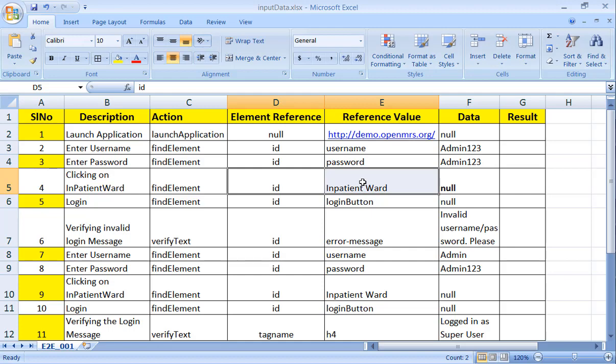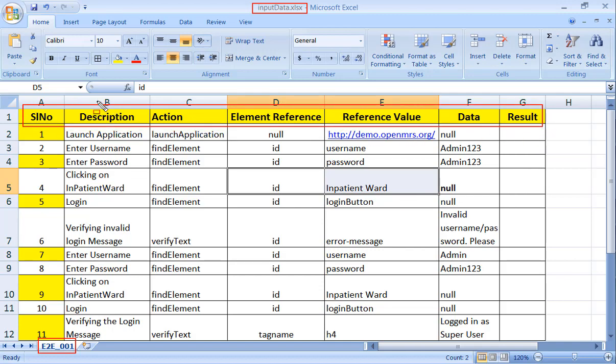Okay, so this is about the XLSX file, and also if you look into this, the file name is inputdata.xlsx. How do we read the XLSX? We always use Apache POI to read the data from the XLSX. And also if you look into the sheet name, the sheet name is end-to-end 001. And also if you look into the number of columns, there are totally 7 columns: 1, 2, 3, 4, 5, 6, 7.